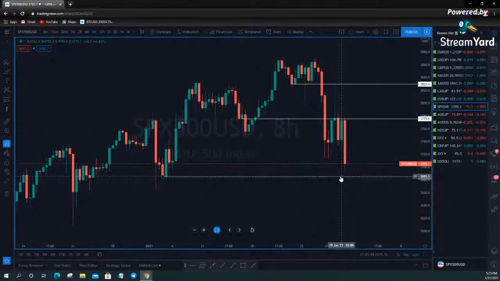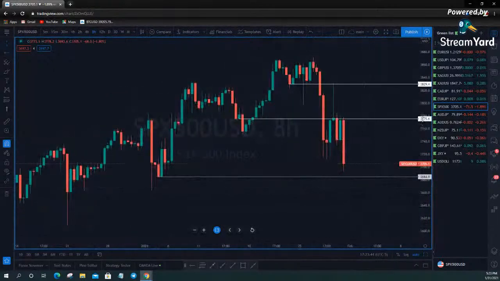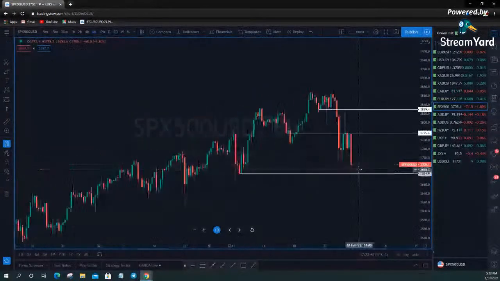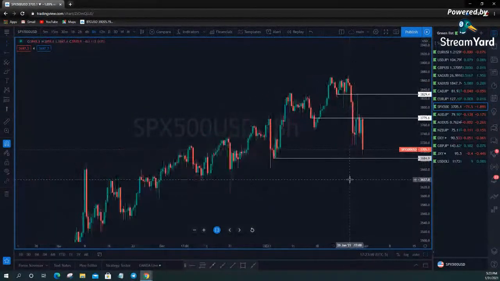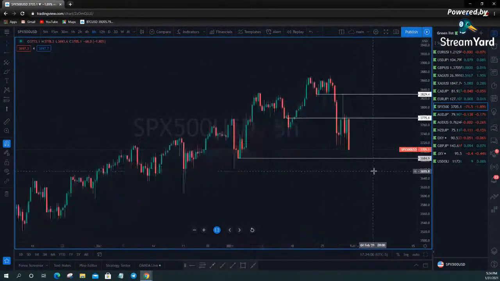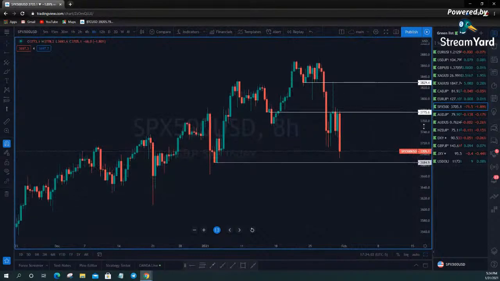If I get a couple sessions trading around this area, I might look to get long on this, because I'm a firm believer that these things are just going to continue to go higher, but they absolutely have to come off of their highs in order for us to find opportunities to buy this. You can't buy highs. You've got to buy red candles. That way you can look to get long on this.